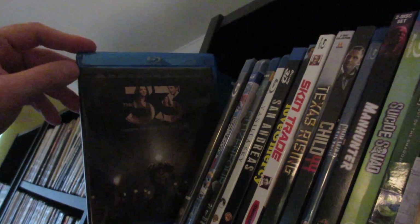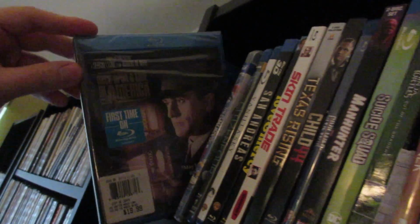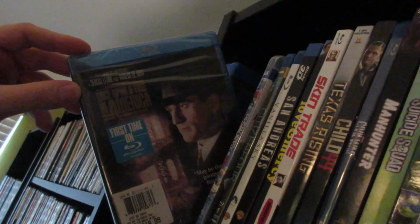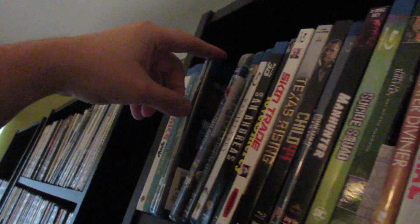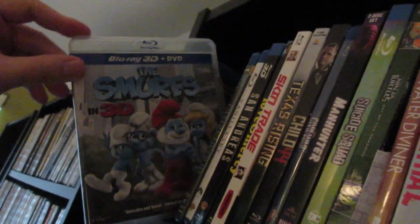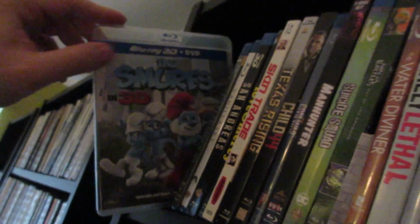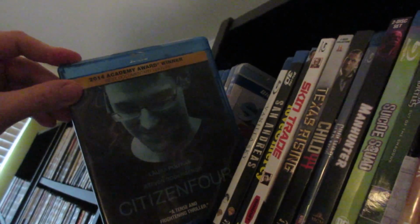The 33, based off the true story of the Chilean miners. Great cast in here. Once Upon a Time in America, which is one that I definitely need to revisit, a Sergio Leone film. I haven't seen it in forever now. The Smurfs 3D. It's just got a 4K release. Citizen Four,